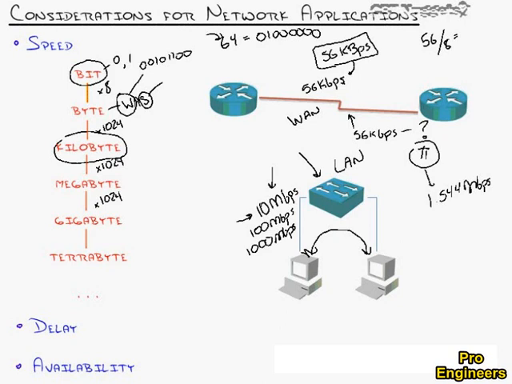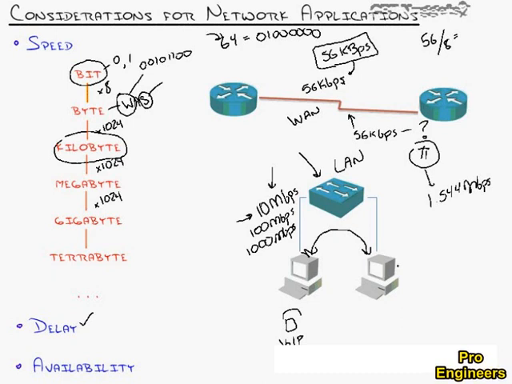Delay and availability. Applications, some of them have delay requirements. For example, we'll take the big one that's taking over the world by storm, voice over IP. You might have seen VoIP as a term in some of the magazines that are going across the computer industry. That's where phones plug into the network. Those have very specific delay requirements because when I speak, the sound that comes out of my mouth has to move across the network in a certain amount of time.